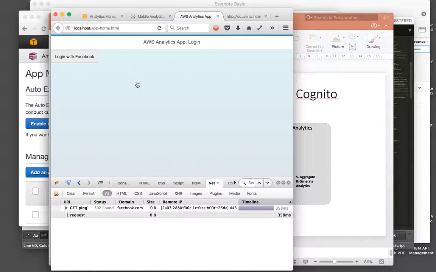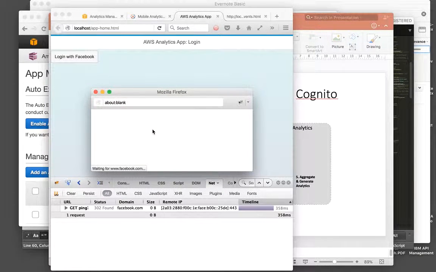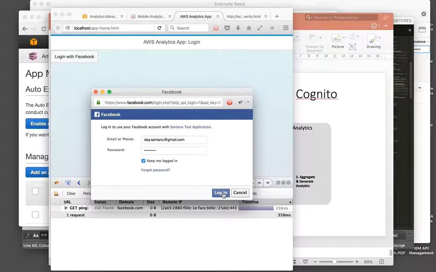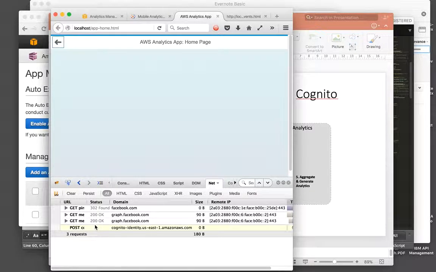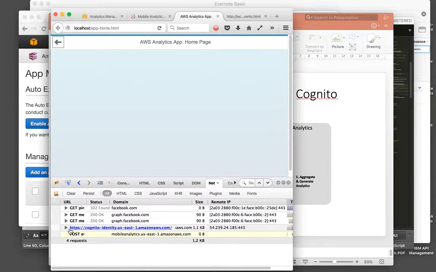As soon as I click this button, there would be a small pop-up. It basically launches a login with Facebook option. Once I am done logging in with Facebook, the pages change to the home page section, and my Facebook login is completed. And then you can see, subsequently,